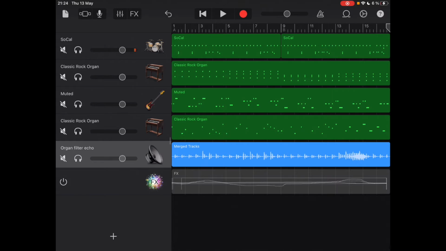And then I can mute this organ. And if I listen to it now,